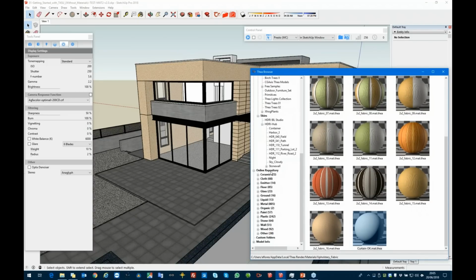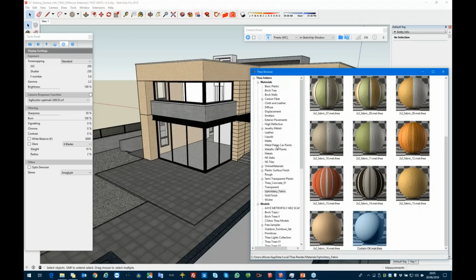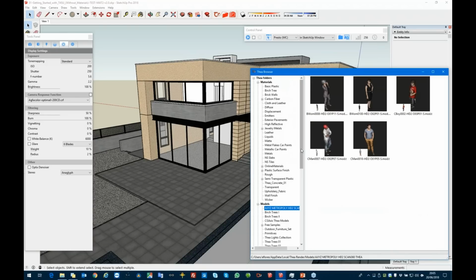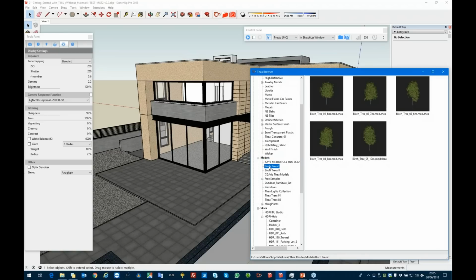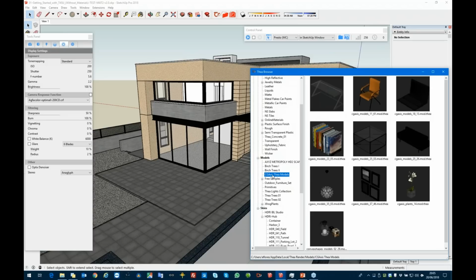First of all, I want to show you how to insert some objects. All of these materials, models, and skies come with the package, so they're all included. There's a huge variety, a lot of materials, and also models, trees and people, and all sorts of chairs and lamps,